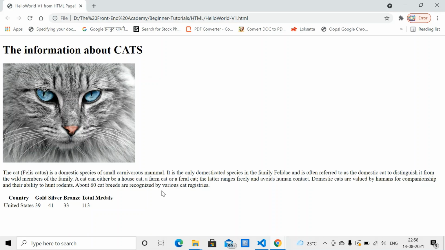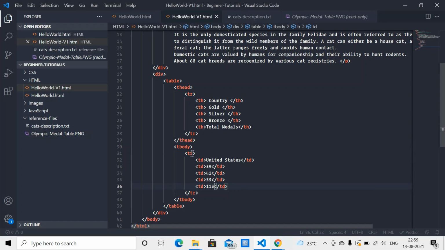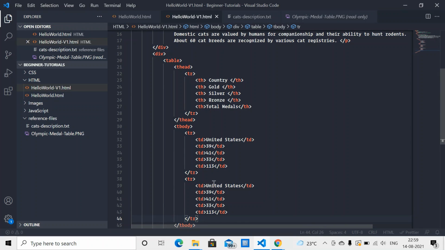Okay, that's cool. You see, country is United States. It has got 39 gold medals, 41 silver, 33 bronze and 113 in total. So let's copy this row and paste another one. This would be for Japan,